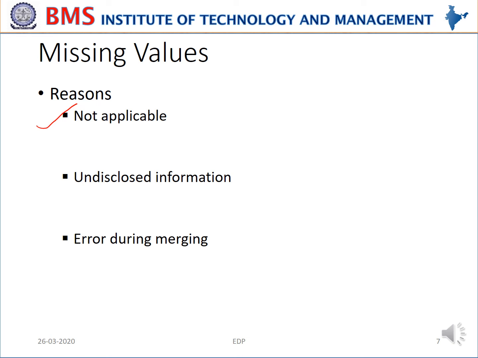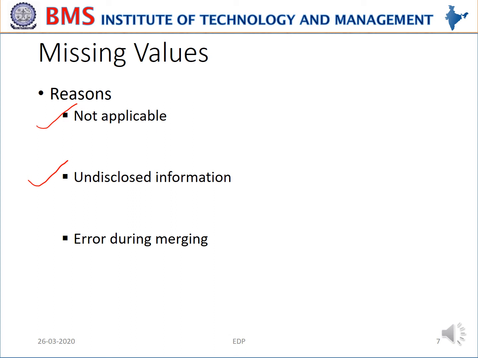Similarly, time of closing the loan will be available only for good payers of the loan, but it may not be available for defaulters. And also sometimes undisclosed information may result in missing values. Undisclosed information in the sense, say if somebody doesn't want to disclose details about their income or some health related data which they feel is private, in such cases, though the data under that parameter is being captured, the data they don't want to disclose will remain as a missing value.